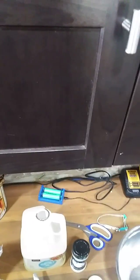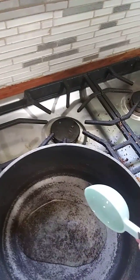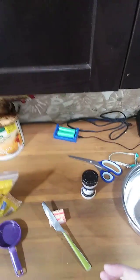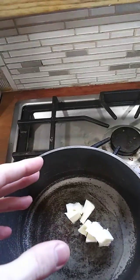To begin with, take 3 tablespoons of oil and pour it in the bowl and pan. Three tablespoons of butter, cut, put in the bowl. Once that is done, put the thing on